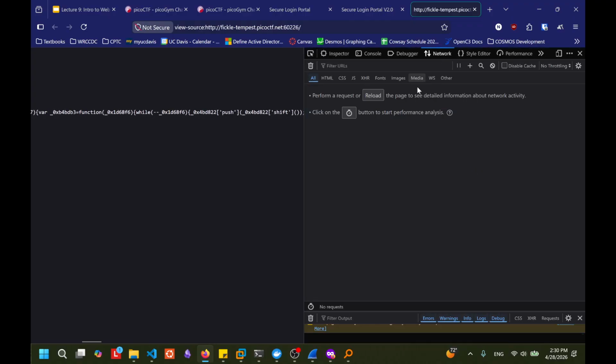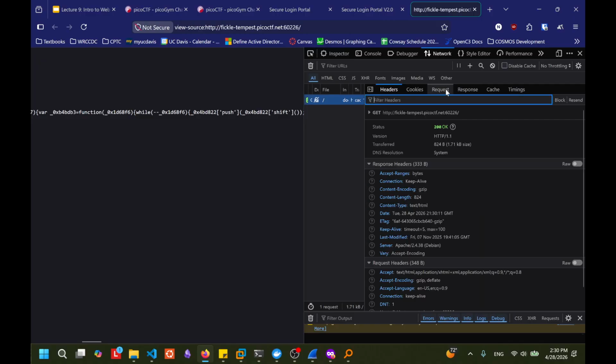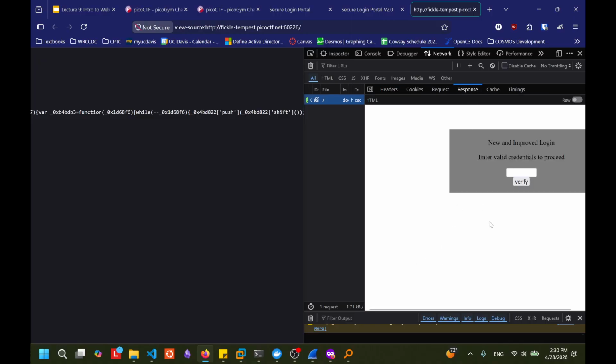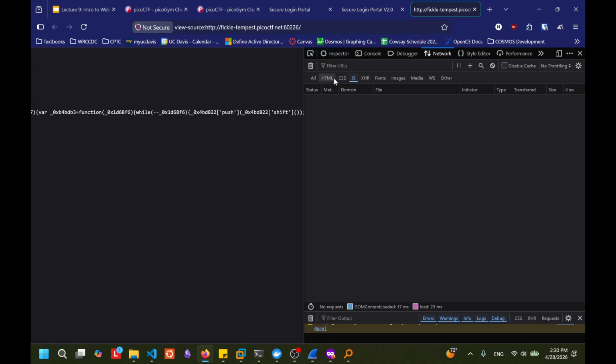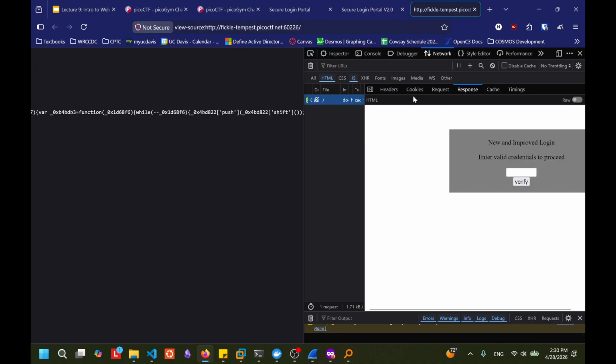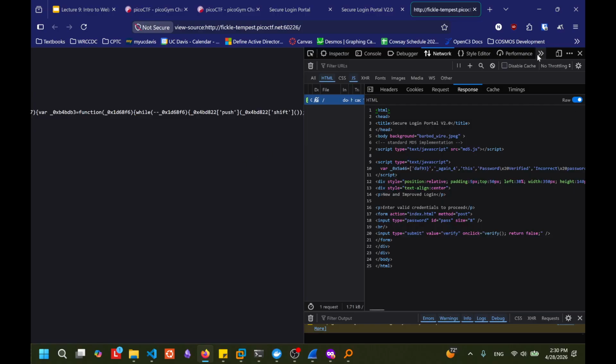Let me see if I can just open it up. This very funny looking piece of JavaScript code. Is there any way I can get it raw? I think there's a way to make it look nicer.